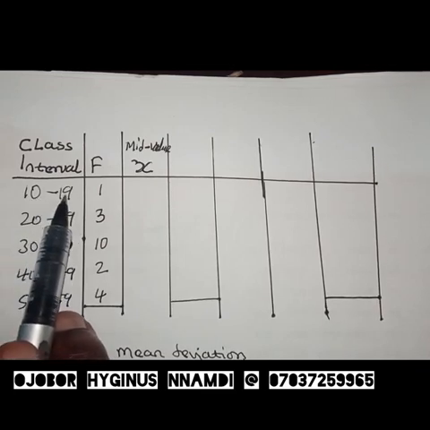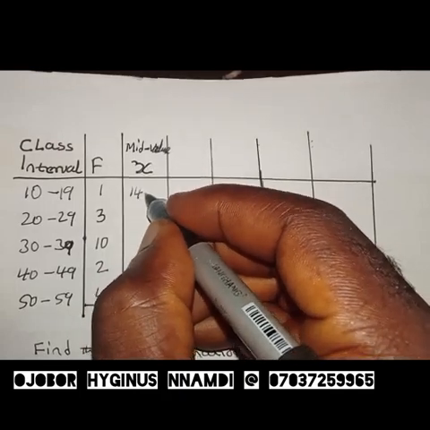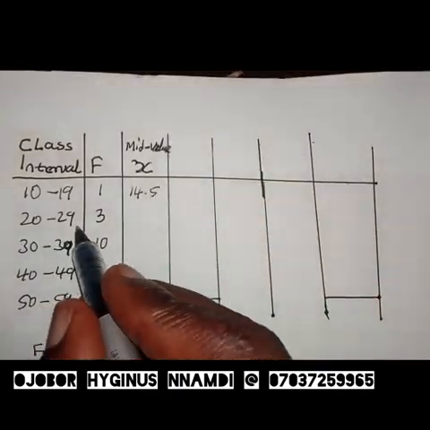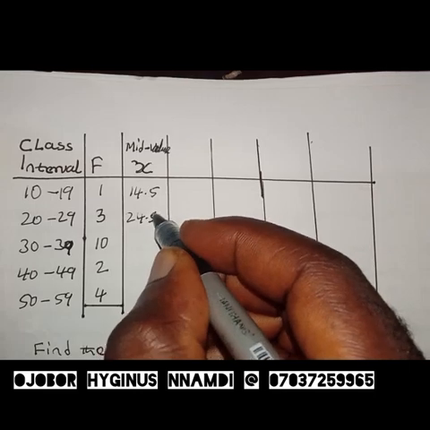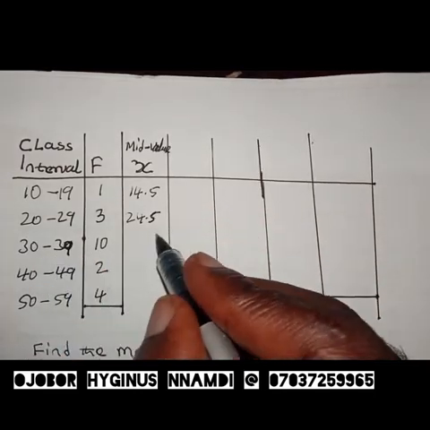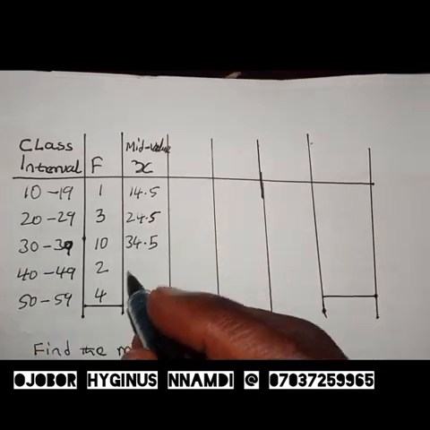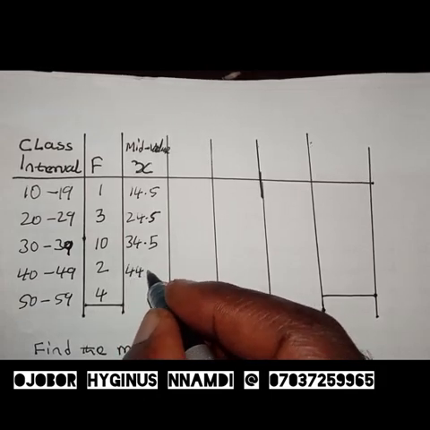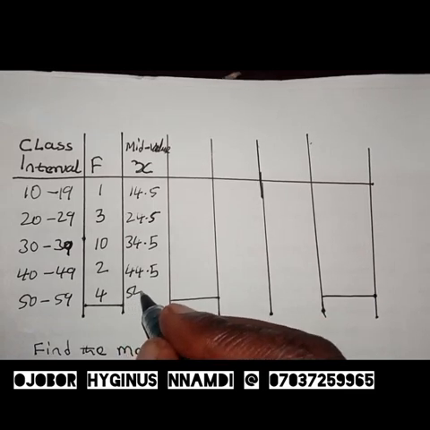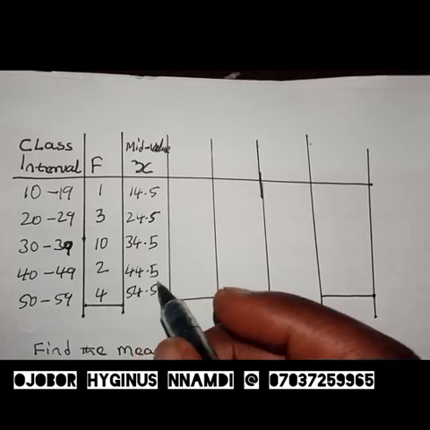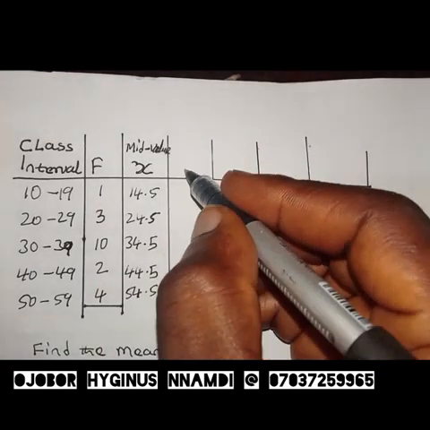If you sum 10 and 19, you get 29 divided by 2 will give you 14.5. 20 plus 29 divided by 2 will give you 24.5. 30 plus 39 divided by 2 will give you 34.5. 40 plus 49 divided by 2 will give you 44.5. 50 plus 59 divided by 2 will give you 54.5. So this becomes our x, and from the mean we have the product of f and x, so we have